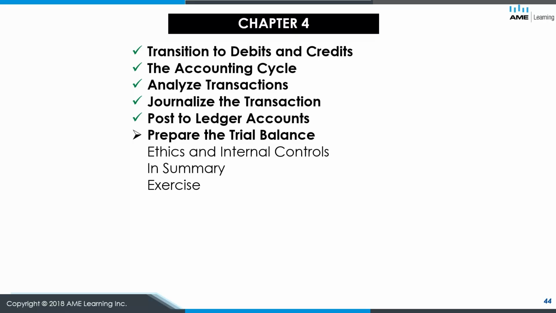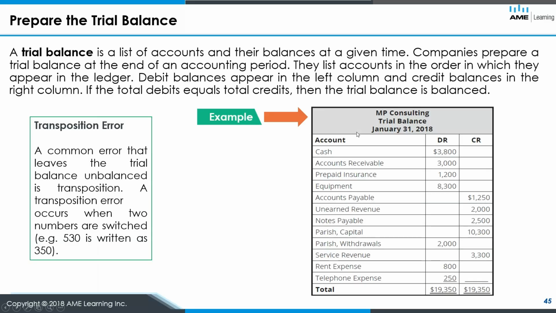The general ledger is just the overall collection of all those, but the individual accounts have their own ledgers with all the activity. It basically gives us an ending balance in each account. And so we're going to take those ending balances and prepare something called a trial balance. Okay. And so what a trial balance is, it's just a listing of all of the ending balances at a